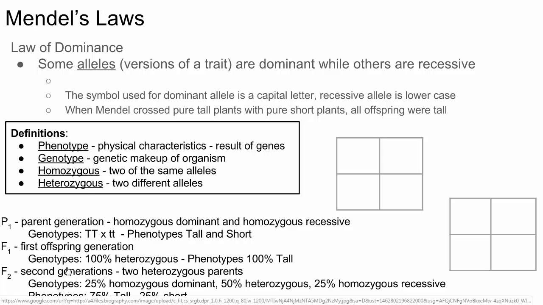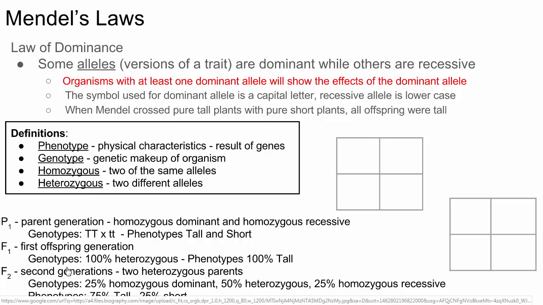No. So Mendel's laws are the three laws that Mendel arrived at after doing his experiments, and we'll just mention those here. The first one, the law of dominance, is something you're familiar with from 7th grade, in that in certain traits, there are some alleles, we call them now. We didn't use that word in 7th grade, but some alleles, some versions that we call dominant, exhibit more strength when they are inherited. And when one of these dominant alleles is present, that is what shows up in the offspring. That's what's presented in the phenotype.